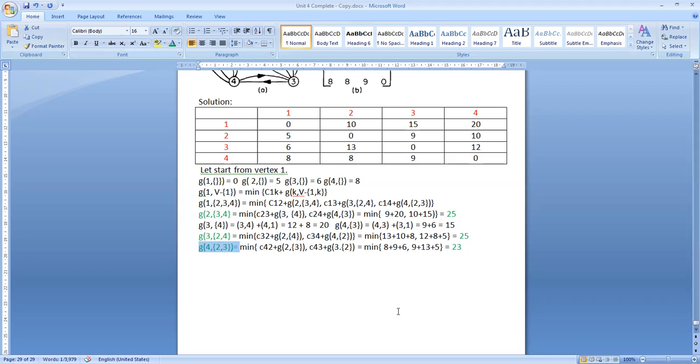Okay. Now this is available, this is available, this is available. Now I can go for these things. Okay. Let me copy it now here. Minimum of what is this, C1,2? The edge between vertex 1 and 2. Vertex 1 and 2, it is 10. This is nothing but